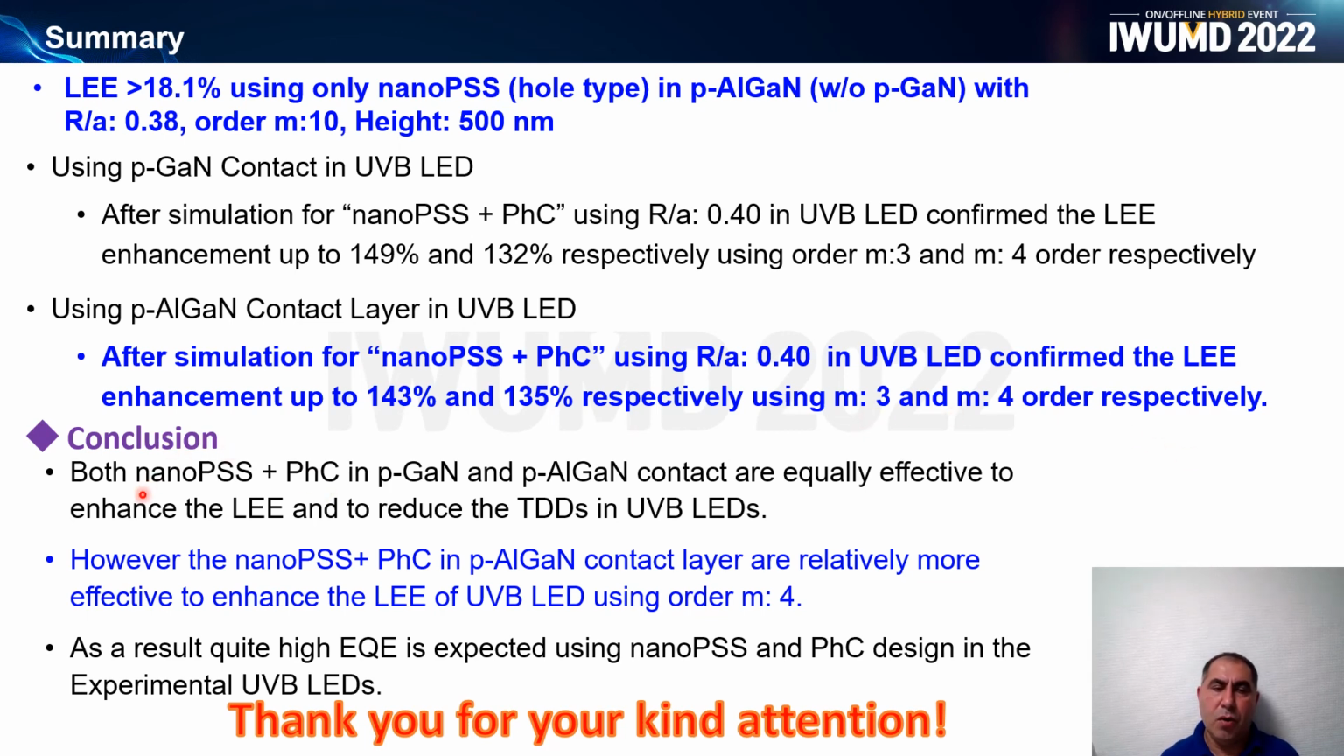As a conclusion, both nanoPSS and PHC, with the p-GaN contact layer and the p-AlGaN contact layer, are equally effective to enhance the LE and to reduce the TDs in UVB LEDs. However, nanoPSS plus PHC and the p-AlGaN contact layer are relatively more effective to enhance the light extraction of UVB LED using order M. As a result, quite high EQE is expected using the nanoPSS and PHC structure design in the